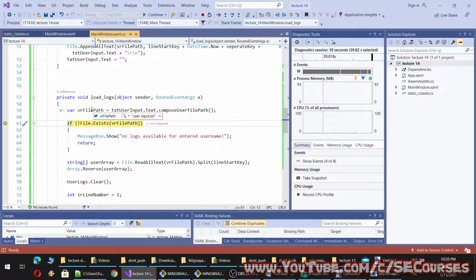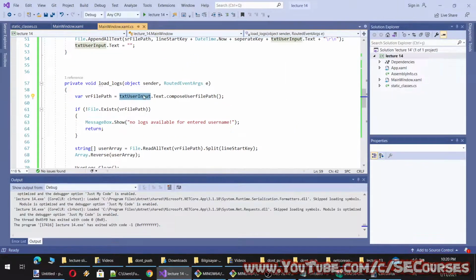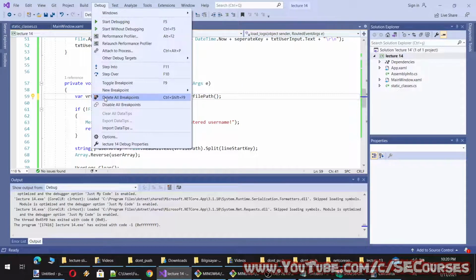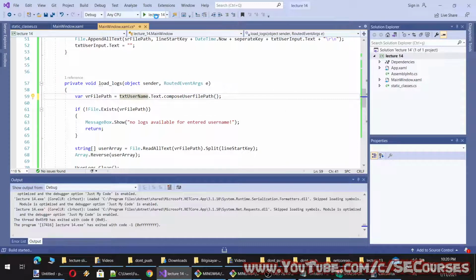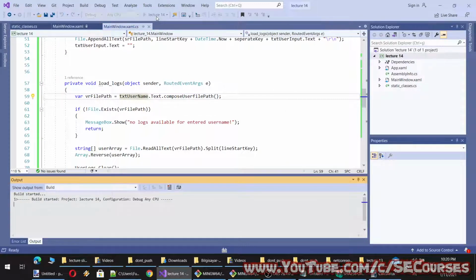Okay, file path. Okay. Because we have user txt user input, which is incorrect. Txt username. You see, using breakpoints can make you solve your problems much faster and easier.